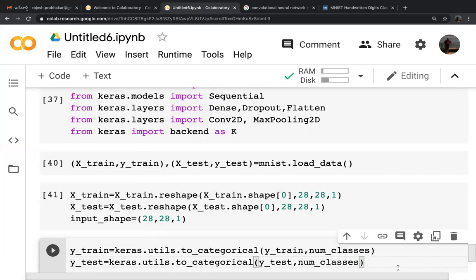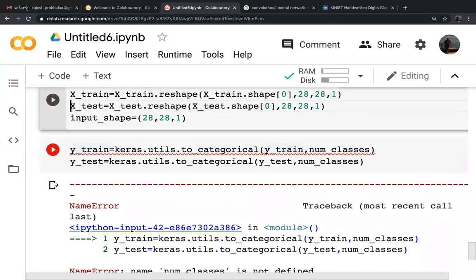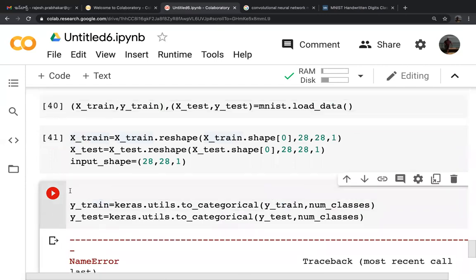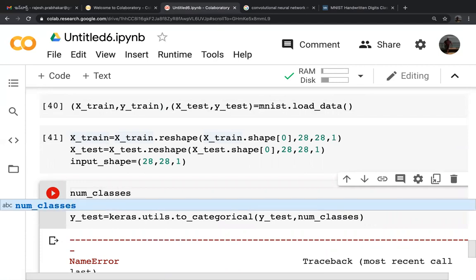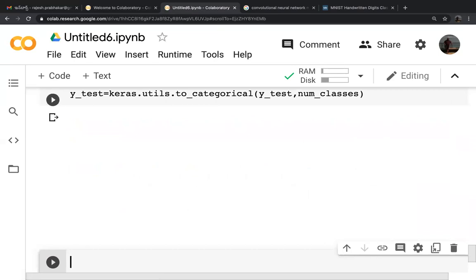Okay, number of classes is 10. So we are just converting it into a categorical variable. num_classes is equal to 10.